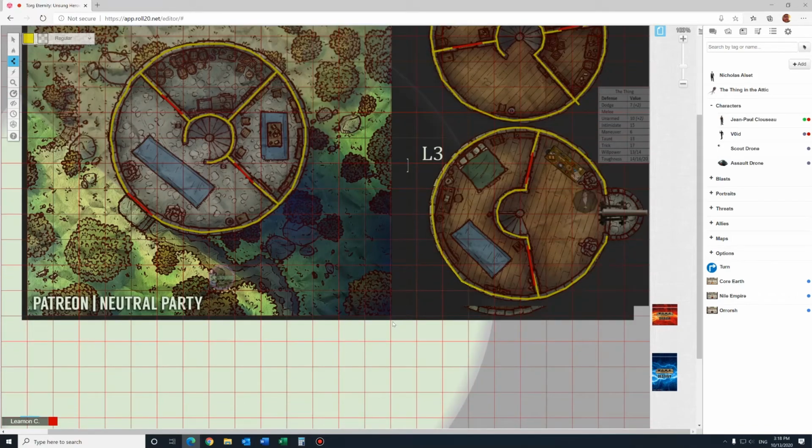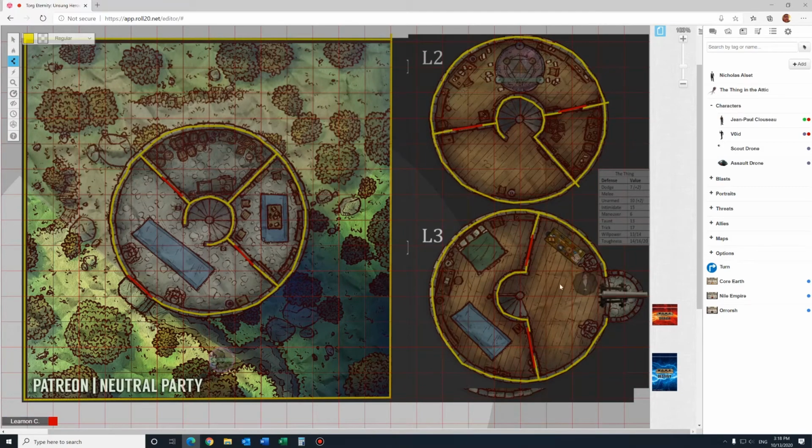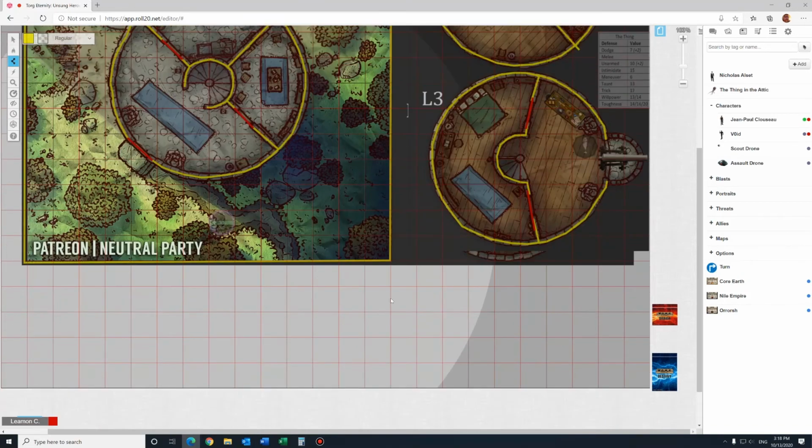Let's give a border to that map. Now I don't really need to for this one, because when I take their tokens and move them onto the different levels, they're not going to be outside of the map. And then I'm going to go ahead